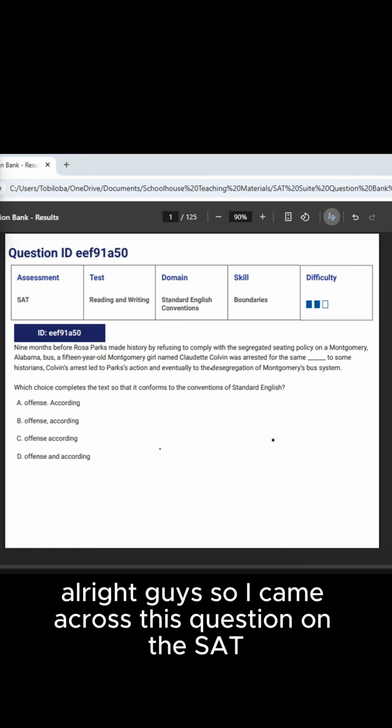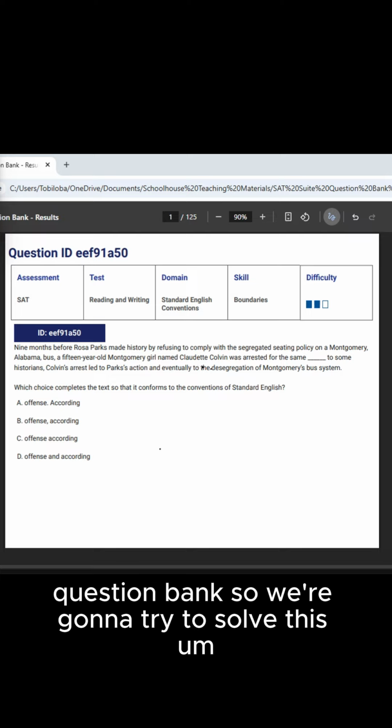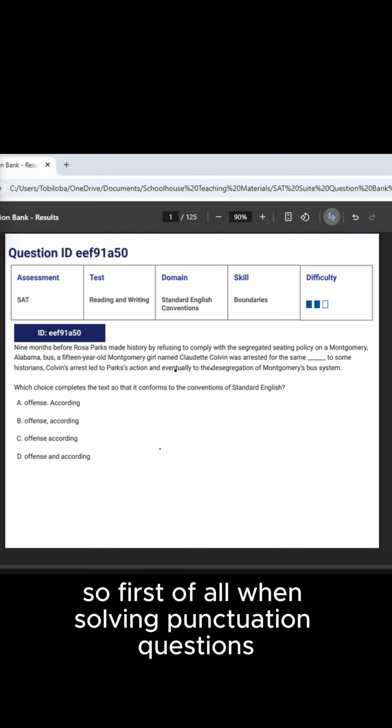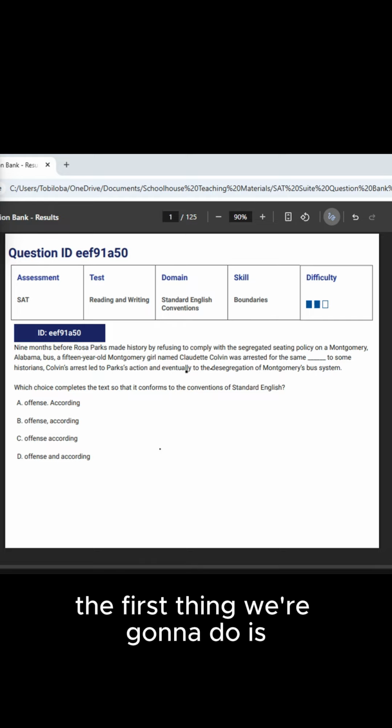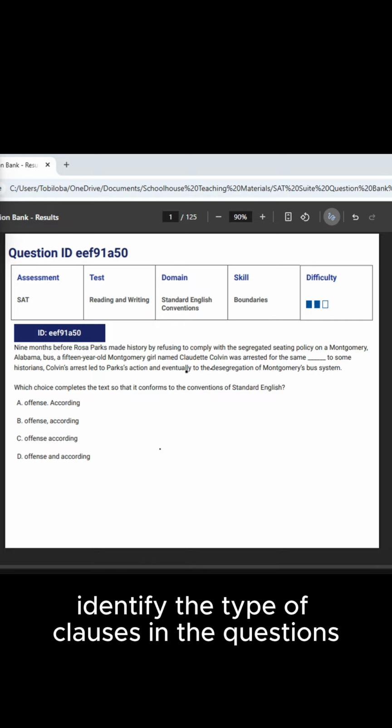Alright guys, so I came across this question on the SA2 question bank. So we're gonna try to solve this. So first of all, when solving punctuation questions, the first thing we're gonna do is identify the type of clauses